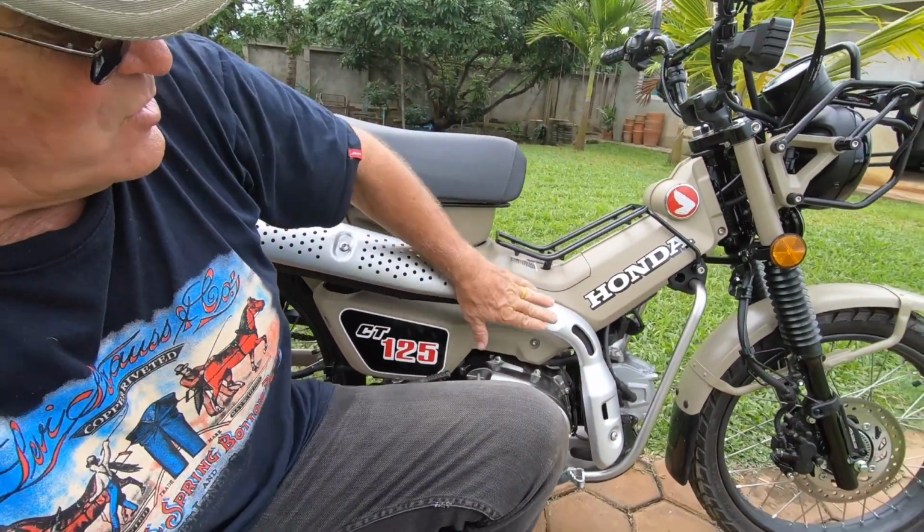And I think I can get the whole price of that is somewhere right around 3,000 baht, which is less than $100 US. I can get the labor done for probably less than 1,000 baht, which is $30 at the most. So I'm going to go ahead and have that done, but at the same time, to get the full gains out of that, you need to replace this exhaust system. And instead of going with the stock system,